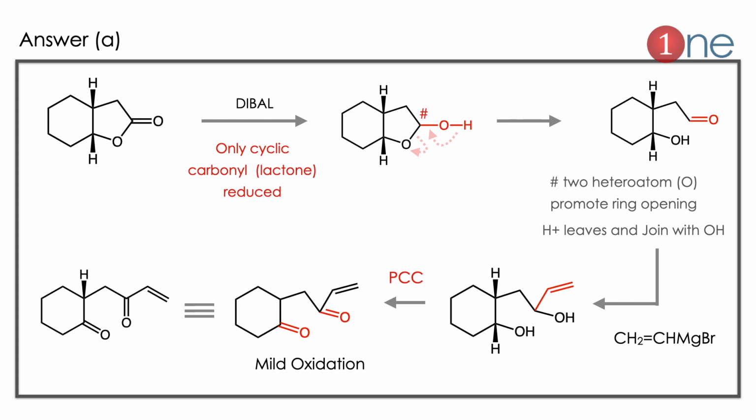Then you are adding the Grignard reagent. Just an addition reaction will happen. So the phenyl group is attached there. Then again you are using PCC. There are 2 hydroxy groups, and they become ketone. PCC is very important. It will not oxidize to acid, only to ketone. So it is a mild oxidation. So the product is A.